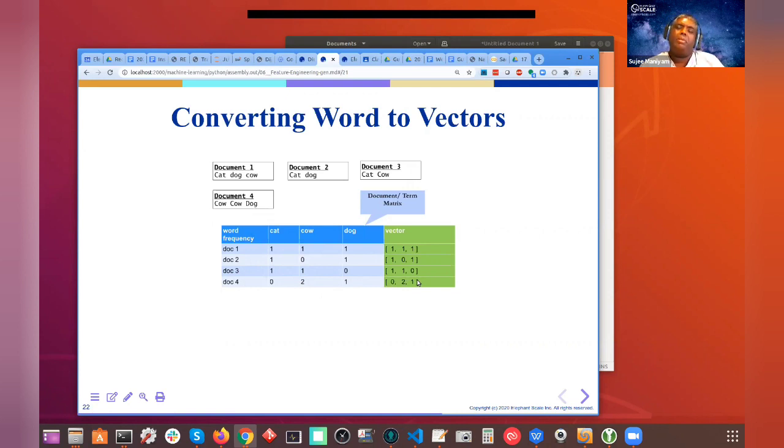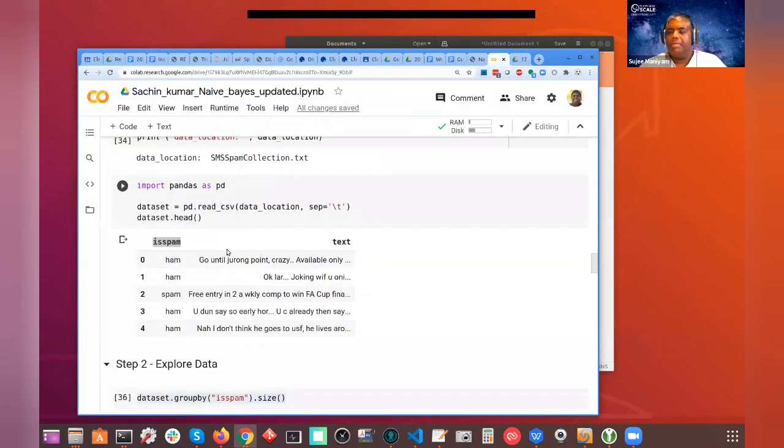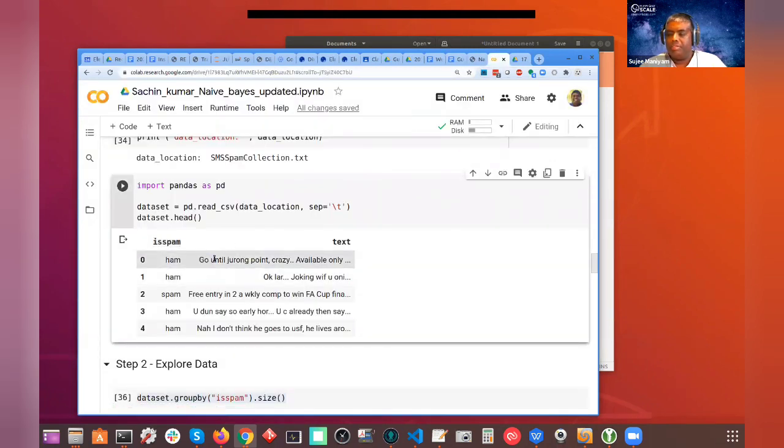Remember, machine learning algorithms want numbers; they don't deal in words. So we are going to use these as vectors. That makes sense as the basic algorithm for how we convert. For each sentence, you're counting the unique words, and you can imagine a big matrix with maybe thousands of columns, because each unique word becomes a column.